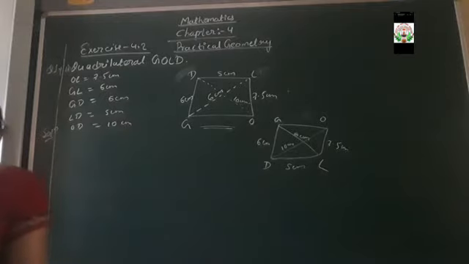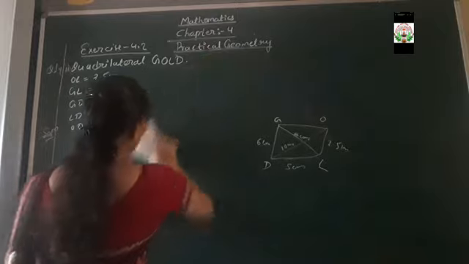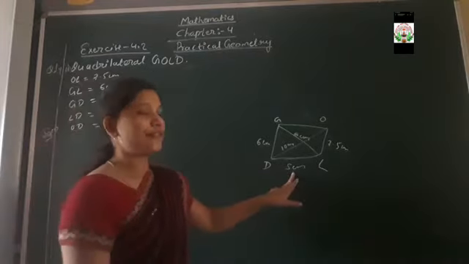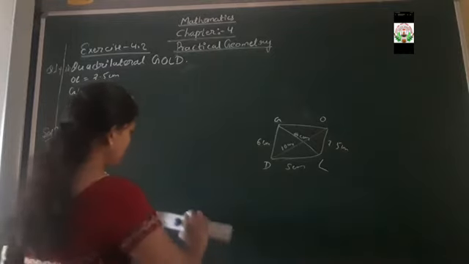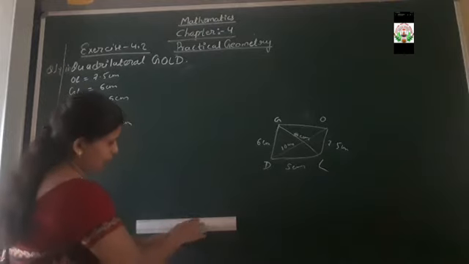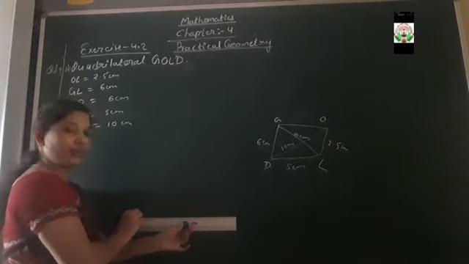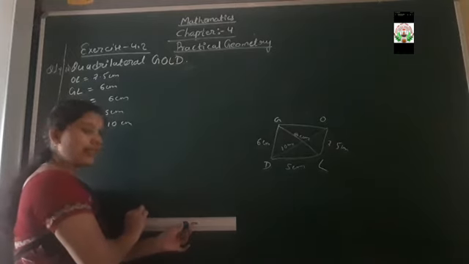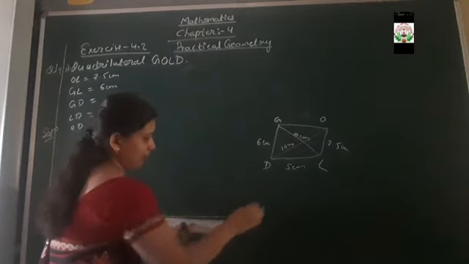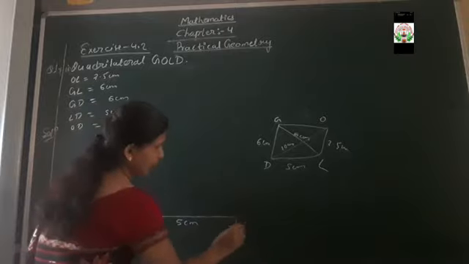Now, after creating the rough diagram, what we are going to do? We are going to construct a quadrilateral. For that, what will be the base? Baseline we are going to take as 5 centimeter. Okay. So, keeping your scale on the plane surface of your copy, keep the pencil needle at point O, at point 0 of the scale. Draw one straight line. Of how much centimeter? It will be 5 centimeter. Label it as DL.